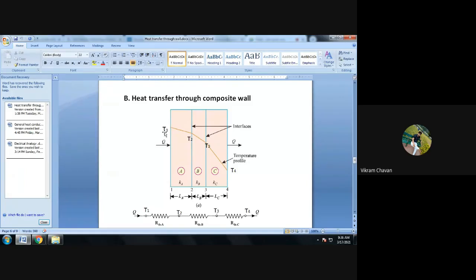Let us say T1 is the internal wall temperature of a furnace, and T4 is the external wall temperature of the furnace, whereas T2 and T3 are the interface temperatures. Interface is happening between two walls, where the walls are connected, and the temperature between these two walls we have to consider as T2, and in a similar fashion the interface between